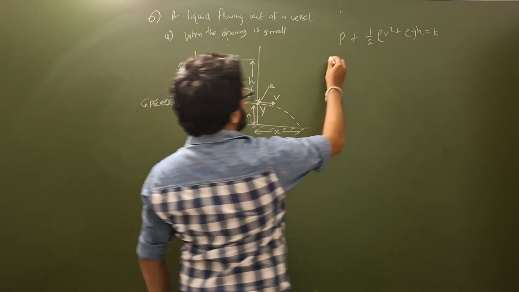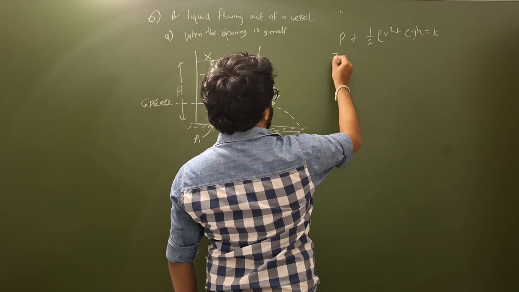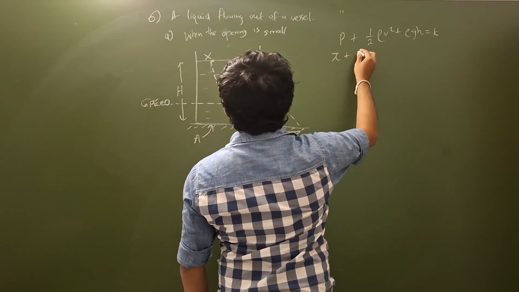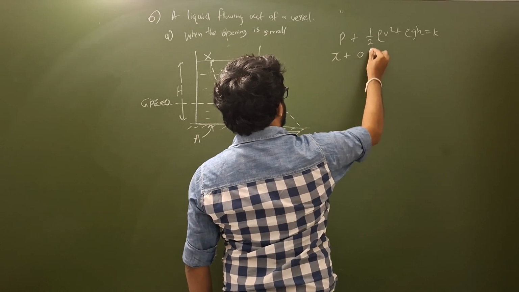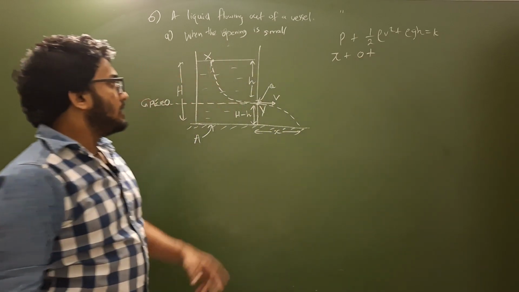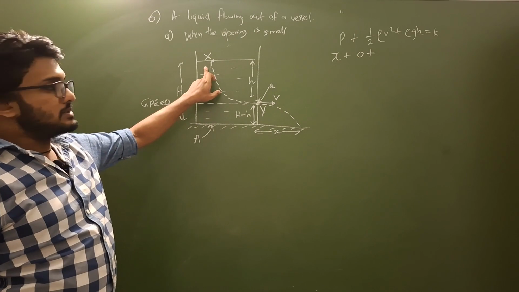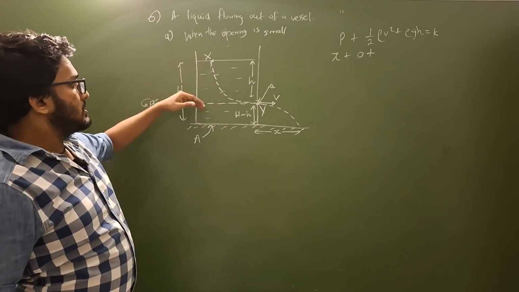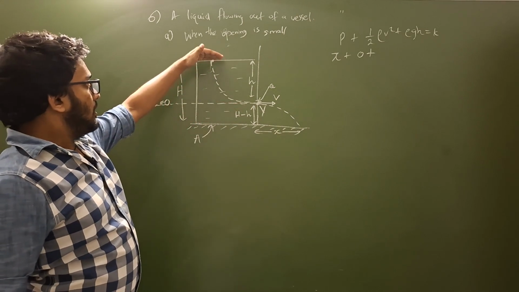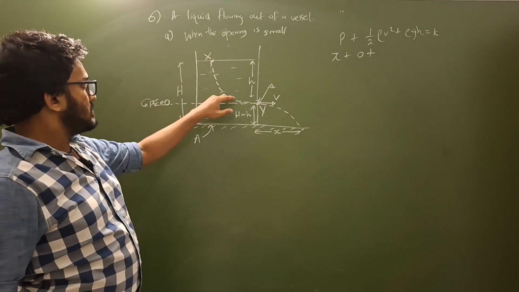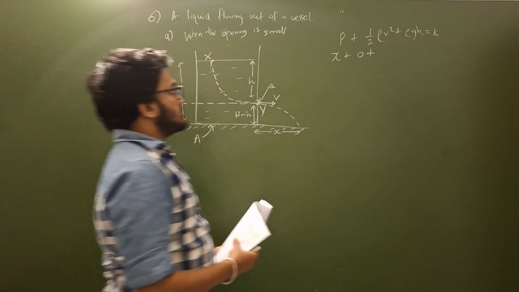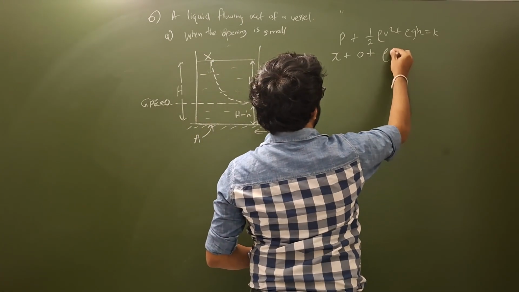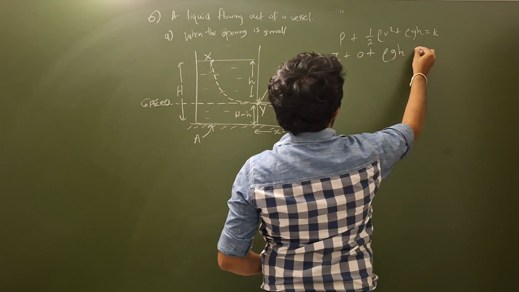So here the pressure is atmospheric pressure, plus the half rho v squared term we can take as 0, because the velocity is negligible at this place. But there is a rho g h term because it is at a height h from the gravitational potential energy 0 level. So this is rho g h, equal to